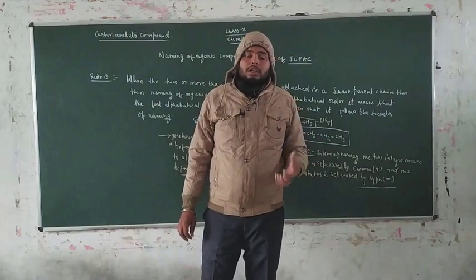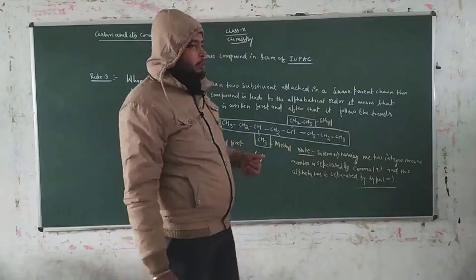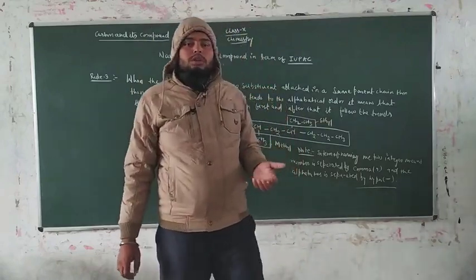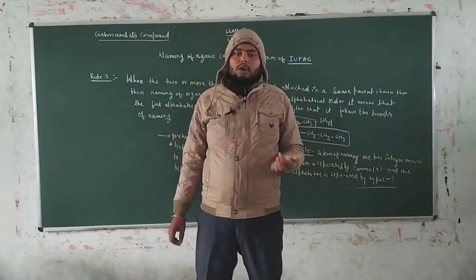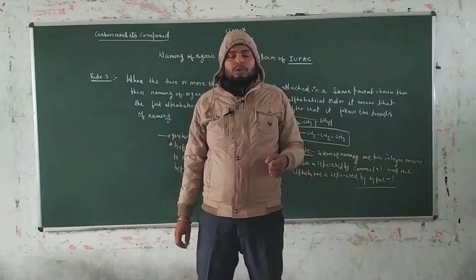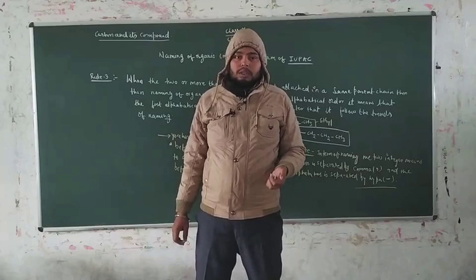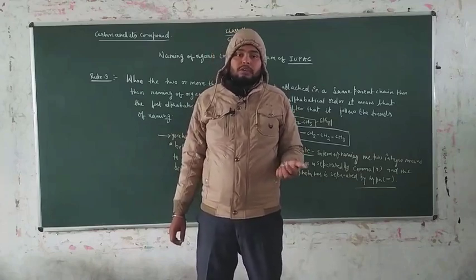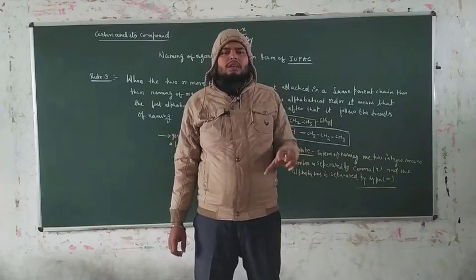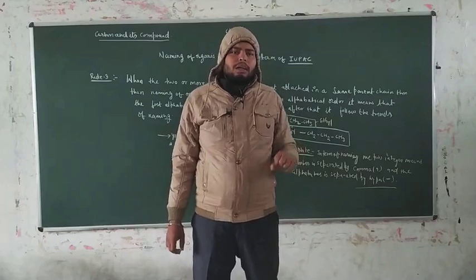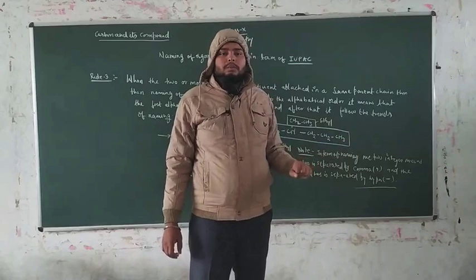You have to know these small things. All these rules are followed for the naming of hydrocarbons, the naming of organic compounds. These are the initial stages of naming. First of all, you have to select the parent chain. After that, you have to apply the lowest locant rule. After that, you have to see the substituents: at least one substituent is present, or more than 2 substituents present. What should be written first? How do you separate the integers? How do you separate the alphabets? That is all about the naming rules discussed by us.